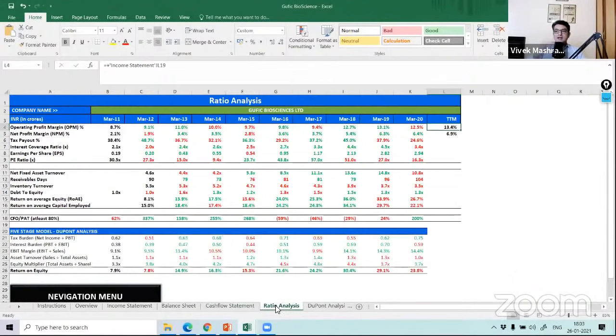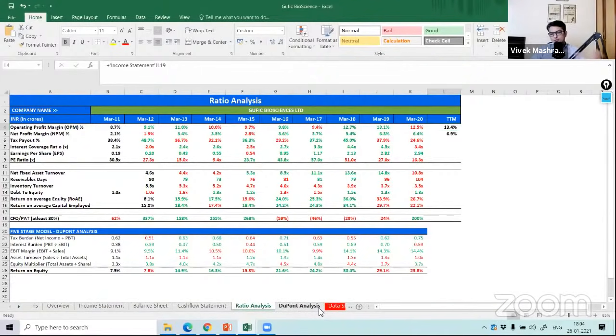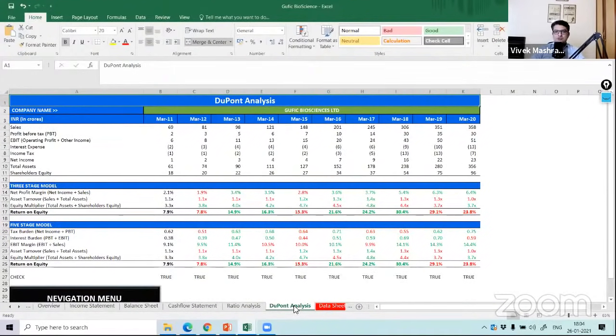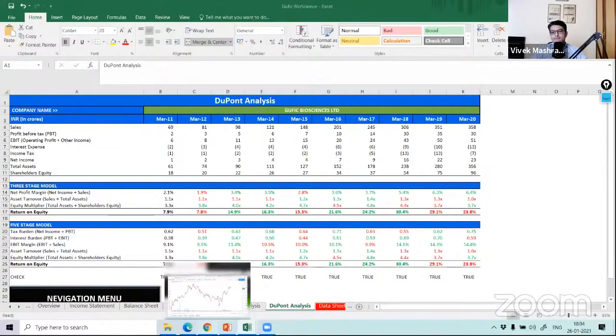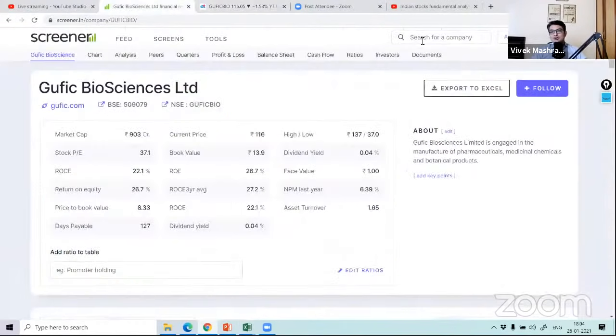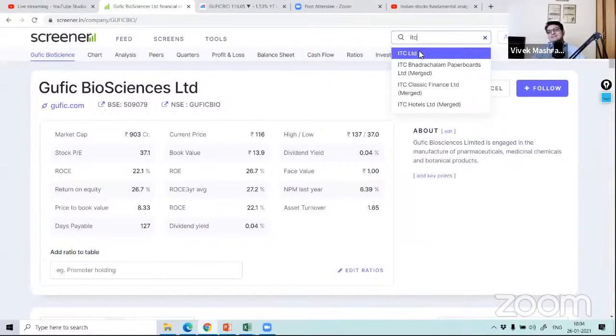That will again give you an idea whether companies are putting the money back into the business or not. If you see companies like ITC, you will find it different. They are not reinvesting. And then of course you should see the DuPont analysis and cumulative ratio analysis. So shall we take ITC just to see the reinvestment part which I talk about, whether they are doing some reinvestment or not? Just type yes if you want to cover ITC also.